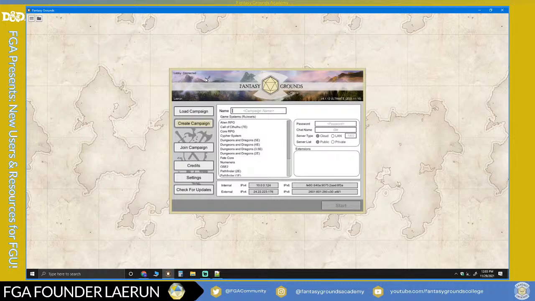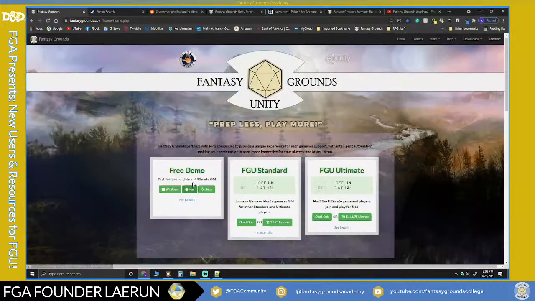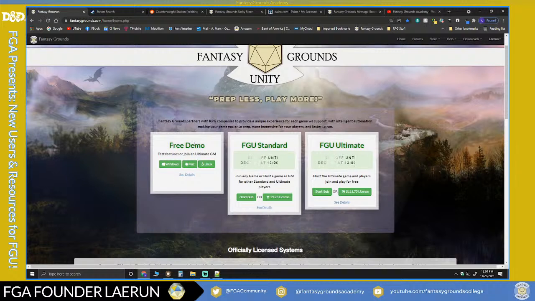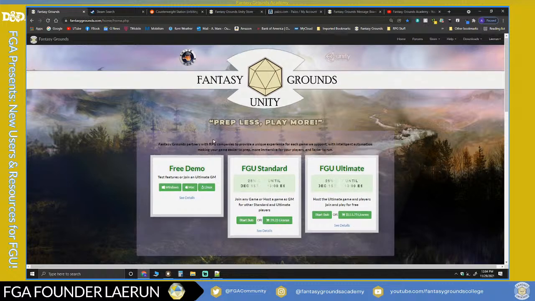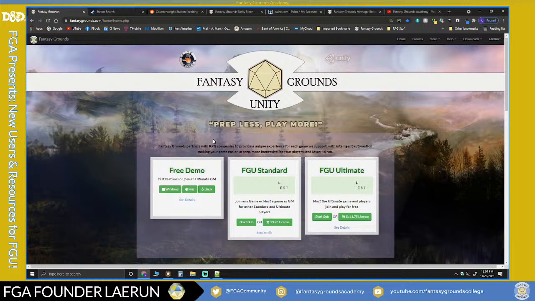There are several resources out there that you should be aware of, and I'm going to bring those up. So first and foremost, when you first start Fantasy Grounds or you want to try it out, just grab the demo. It's not going to hurt you. It works for Linux, Mac, and Windows. It's constantly being updated. There are constant changes and things that are added. It is an evolving piece of software, so it's never finished, to be honest. It's always going to have changes, and usually for the better.